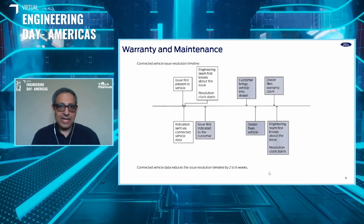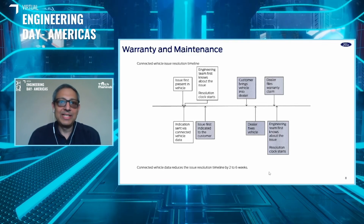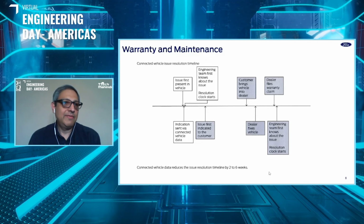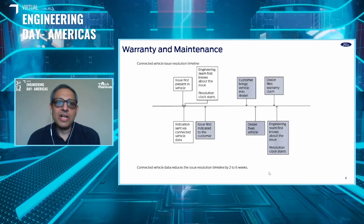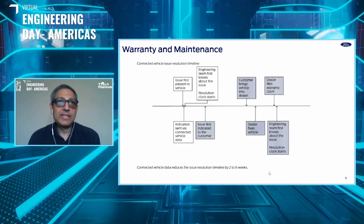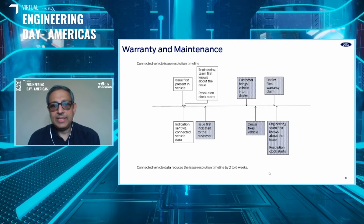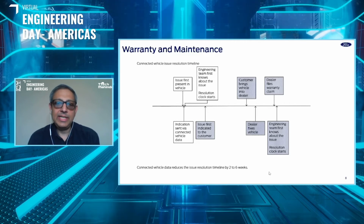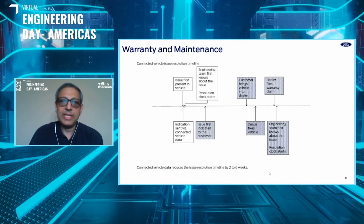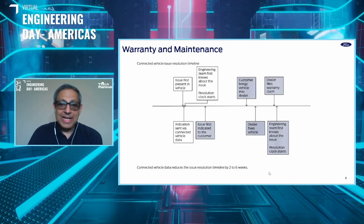With connected vehicle data, at the very first presence of the issue in the vehicle, we get an indication, and within days or even within hours, the resolution clock starts. That is a significant time save. In our experience, it's typically between 2 to 6 weeks, and in some cases even longer. That is a long time considering the number of vehicles with the issue you would produce in those 2 to 6 weeks. And while that is impressive,